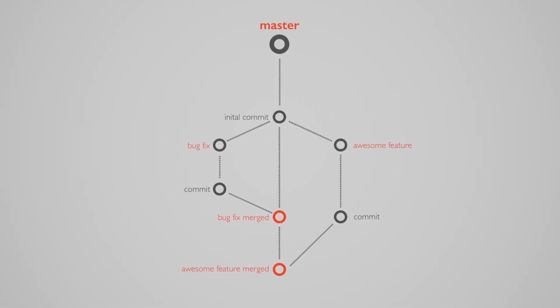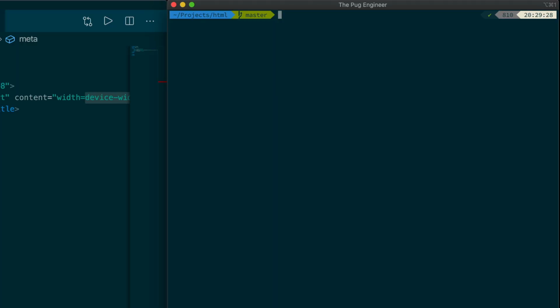Once we merge, the code in the master branch will have the previous bug fixed we merged earlier, plus the new feature we just merged. So first, let's create a new branch. We can use the git branch command, git branch new feature, and that will create a new branch called new feature. But if we start writing code now, that will not be on the new feature branch, and that's because